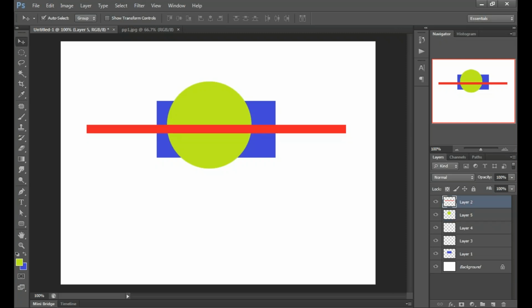You can change the position of your layers or your objects from here. Clear? Okay. So we understand how to create any new shape in Photoshop and how to create their layers.